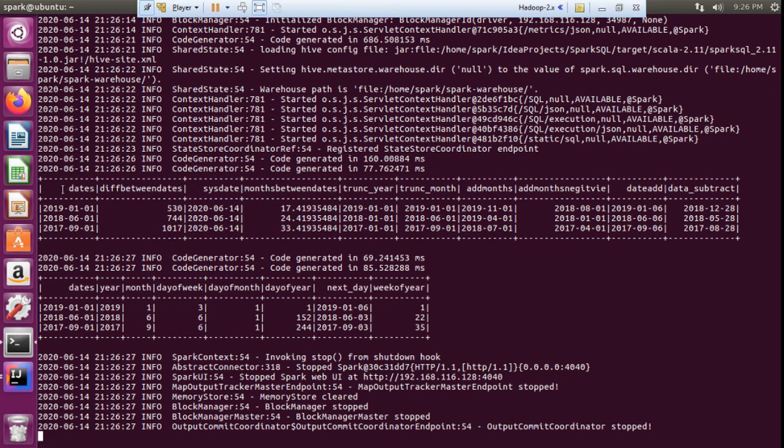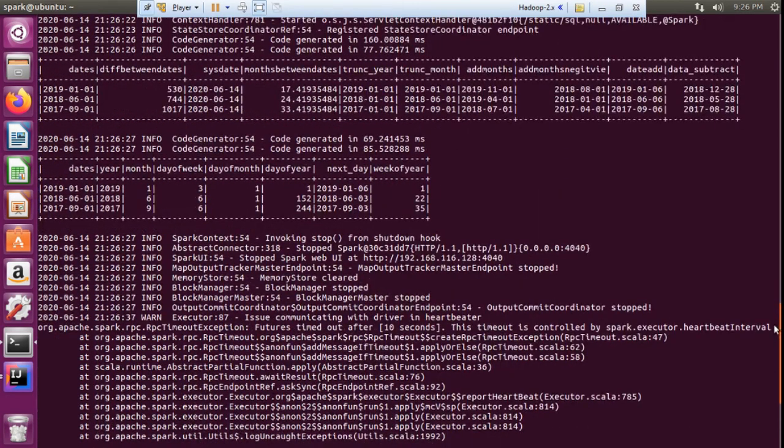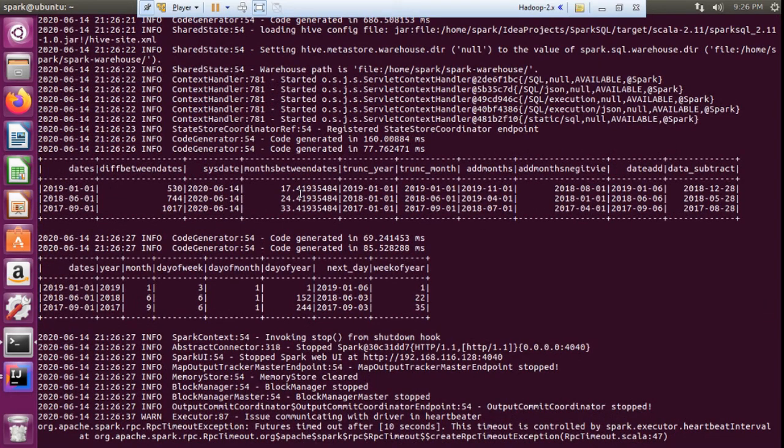See the output of this. Okay, see the output of that program. In this way we can build jar files using SBT, and we can submit Spark jobs using Spark Submit.